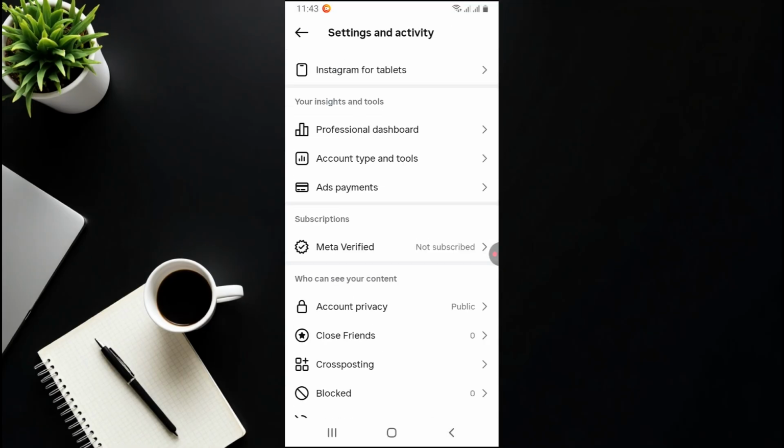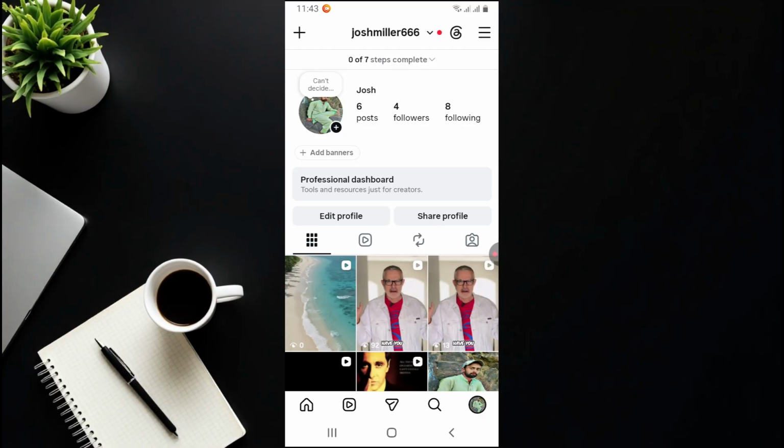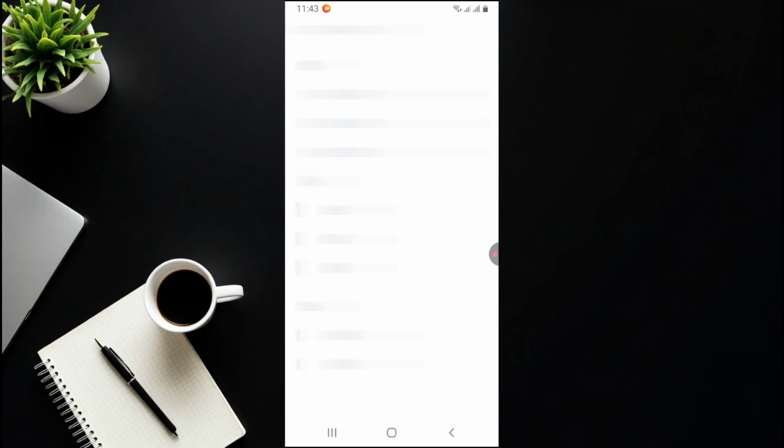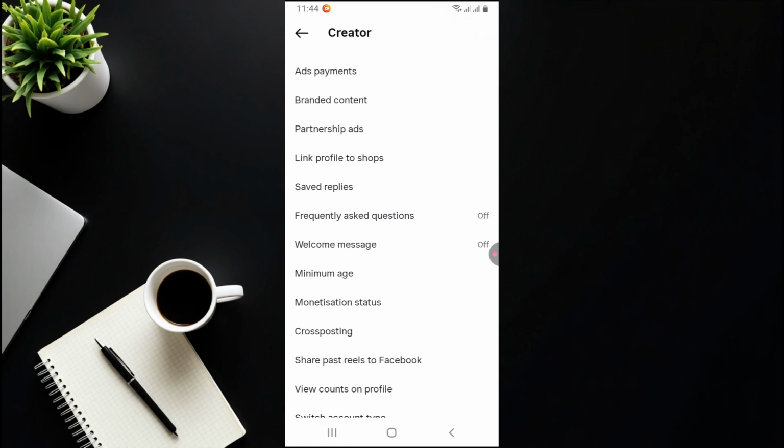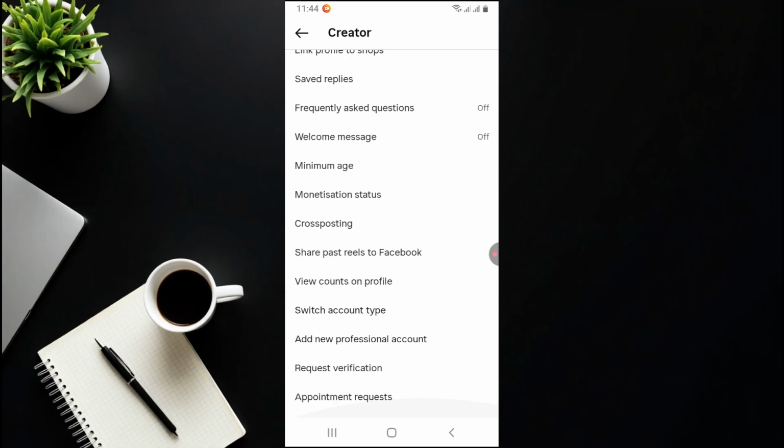Now, the second method. For this, tap on Professional Dashboard. After going to your profile, now in the top right corner, you'll find the gear or cog icon. Tap it. Now, scroll down. And here, you'll find the option